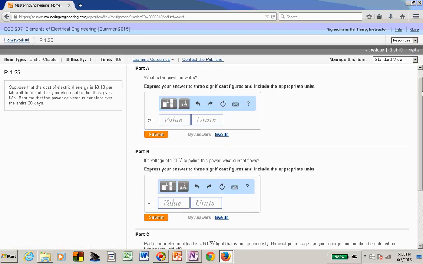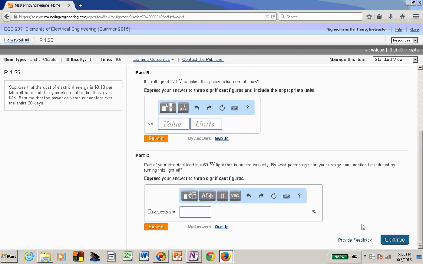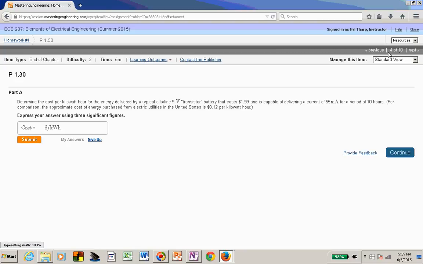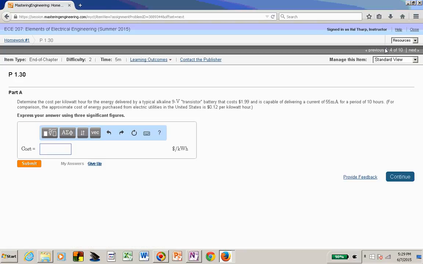You can advance through those by simply clicking on next. You don't want to hit continue unless you are completed with that, because it will then force you either to give up or to say that you are finished, and then you won't get any credit for those problems that you haven't actually worked. So the strategy is to move back and forth using previous and next near the top of the page, which allows you to read through these if you are not yet wanting to work them, in preparation for submitting your